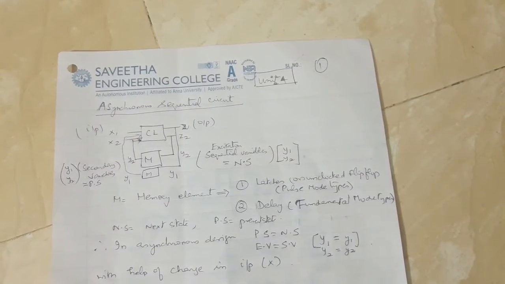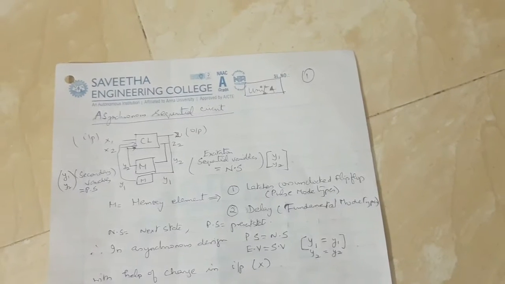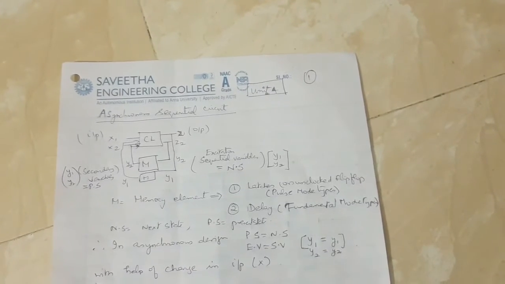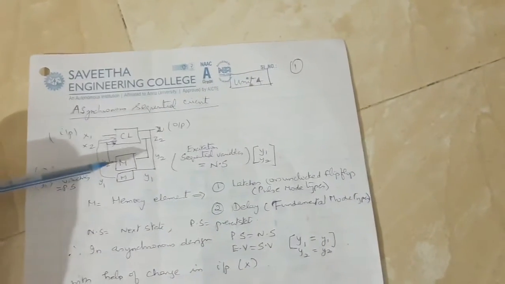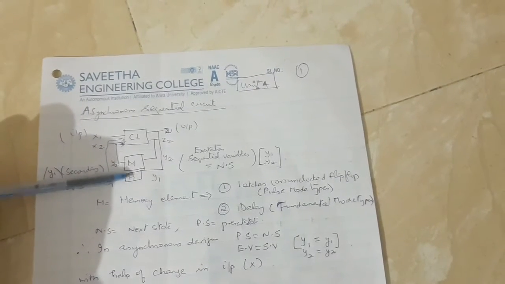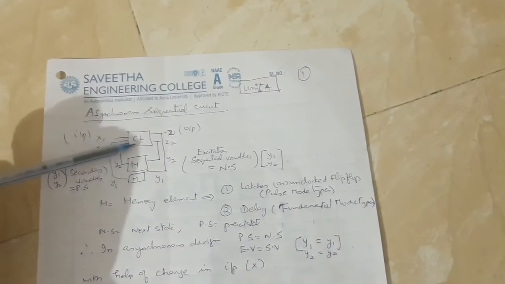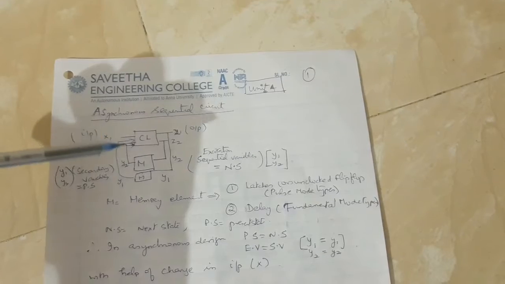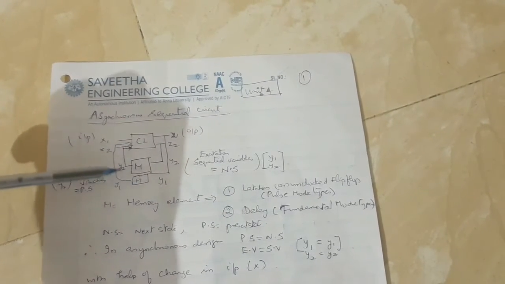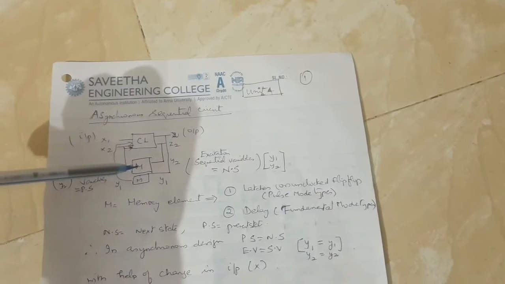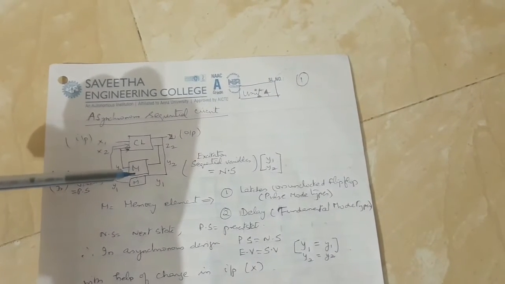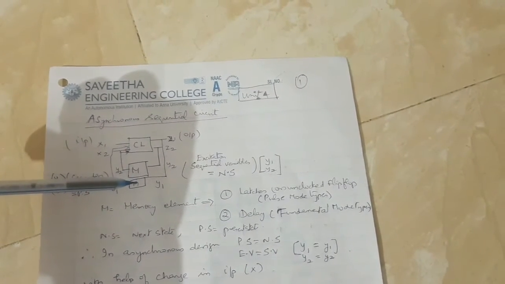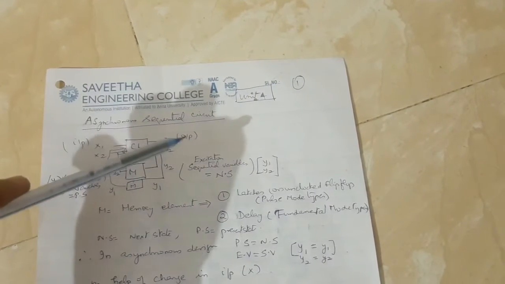In DPST subject, sequential circuit, we already know, is a combinational circuit plus the memory element provided in the feedback network. A combinational circuit will have input and output, and the output is purely dependent on the input. If a feedback element is introduced in the network, we call that a memory element. This memory element is capable of holding the data. So depending upon the present state or the previous value of the flip-flop, the output will vary.